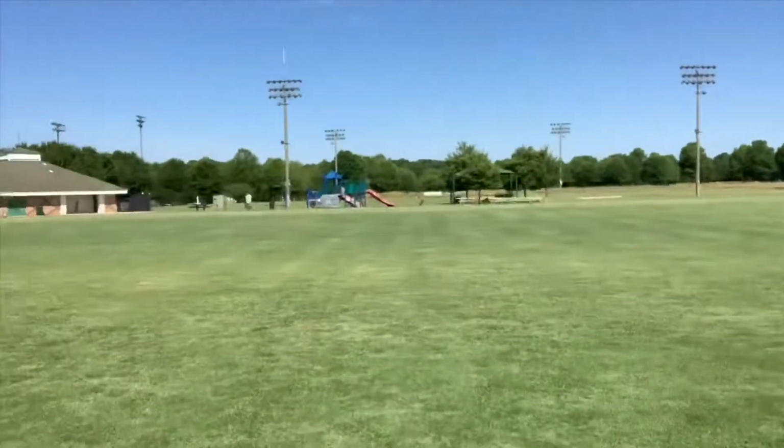Hey guys, we just got to the field. We're about to get a quick sprint workout in. We love coming outside and working out on these fields because it's just absolutely gorgeous and we love to get that vitamin D. Honestly, this is like our second home. Every time we're here in Athens, this field just...